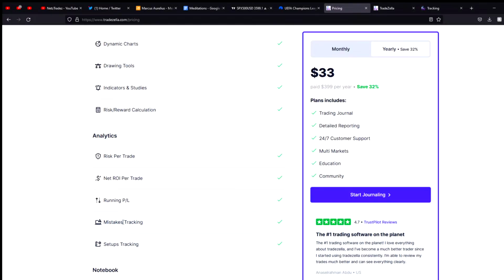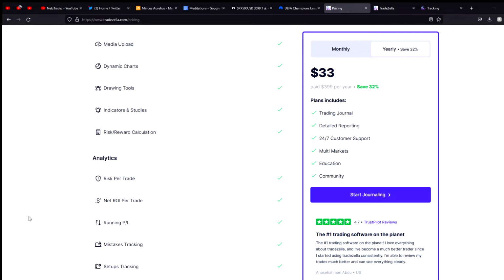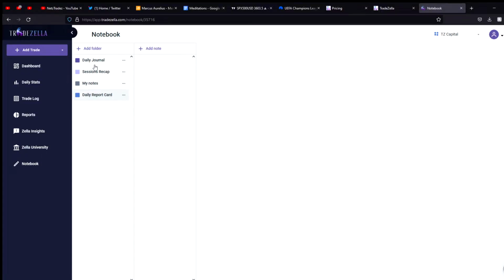You can track your mistakes like we talked about earlier with the tags and all that, and set up tracking. Again, we talked about that when we were covering the tags. So as you can see here, you can have different folders. So you can have like a daily journal, sessions recap, my notes, and these are basically just notes I think